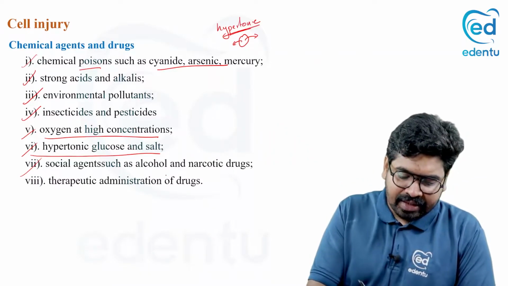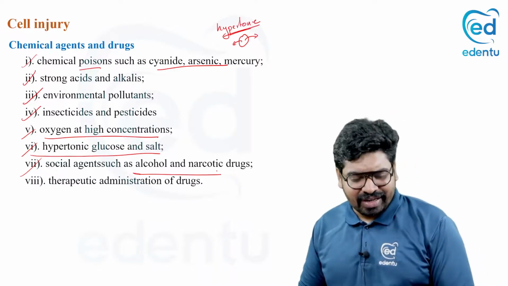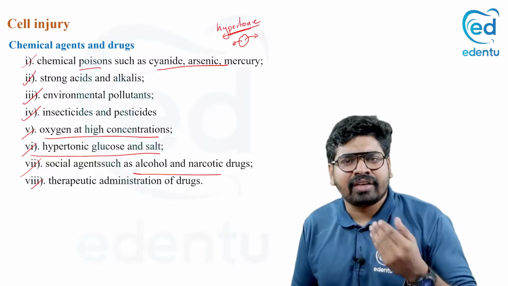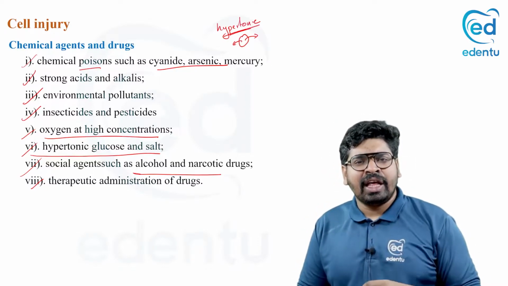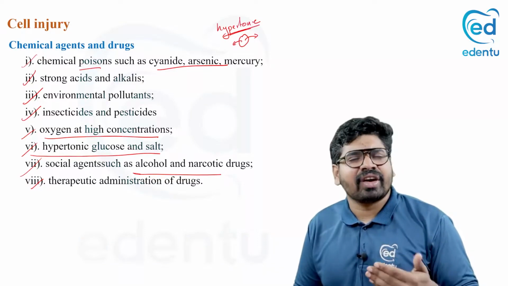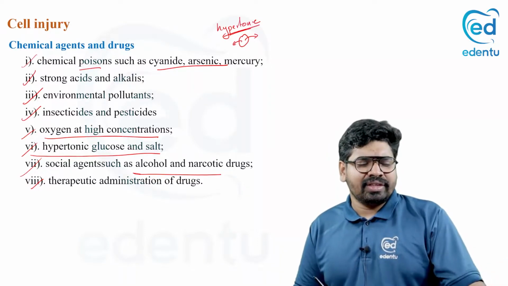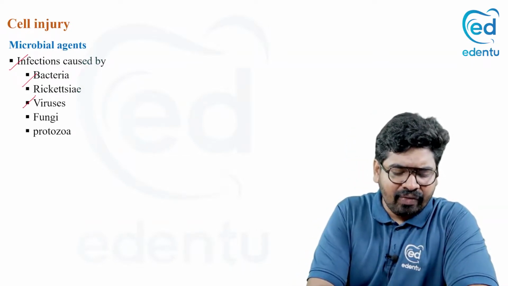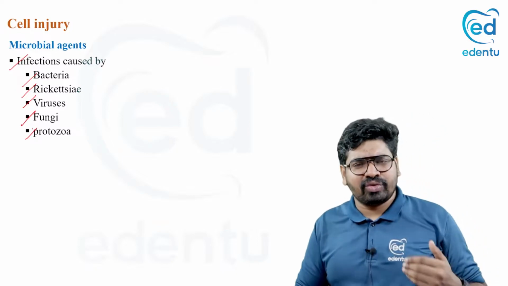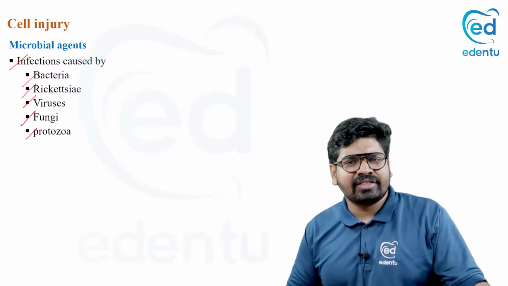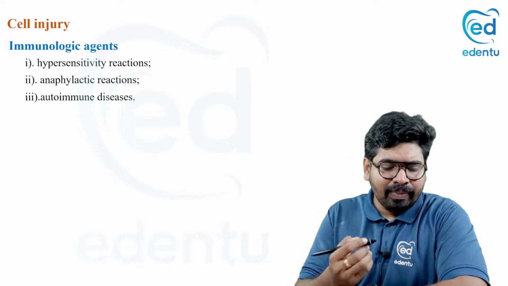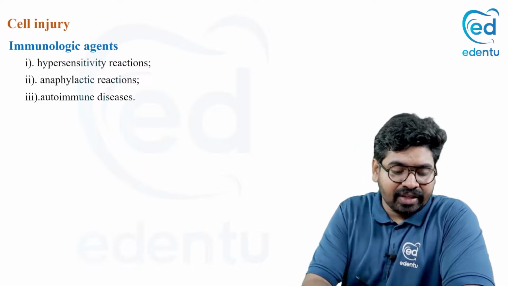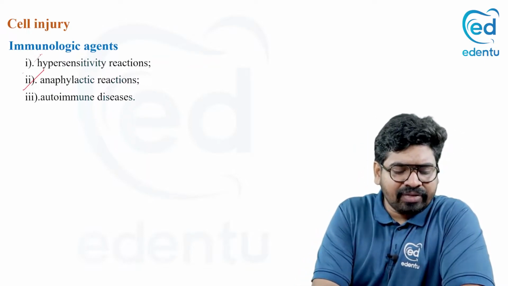And certain agents like alcohol and narcotic drugs, and some therapeutic drugs also, maybe NSAIDs. All these drugs have some kind of side effects. These side effects can also cause cell injury. Now coming to microbial agents, the infection by bacteria, virus, rickettsia, fungi, protozoa, all these microbial agents can cause injury in your cell. Now coming to immunological agents, they are like allergic reaction, anaphylactic reaction, hypersensitivity, and